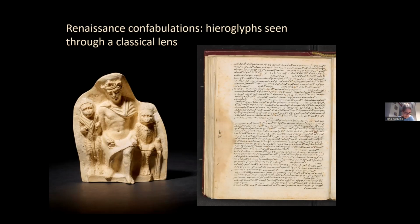And some are actually identified correctly, such as the bee for kingship and the hare to express the idea of opening. As we know, for those of you who know hieroglyphs, the hare sign, or like the rabbit kind of sign, starts a sequence of consonants when required to write the word open or the verb to open in ancient Egyptian. But the way it's explained is